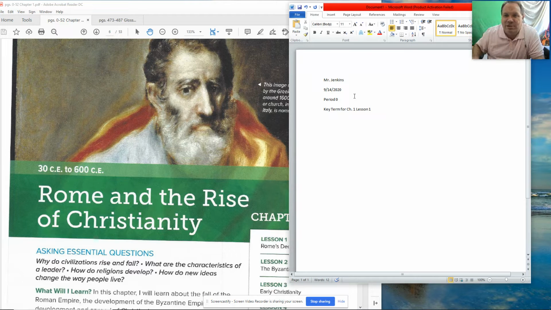That information should go in the upper right-hand corner. So I'm going to just quickly align my text, highlight it, and move it over there into the upper right-hand corner. And then for the title, I would like that bold, and I would like it in the center of the page. So key terms for Chapter 1, Lesson 1. Now I'm going to move the text back over to the left-hand side of the page, and I'm going to